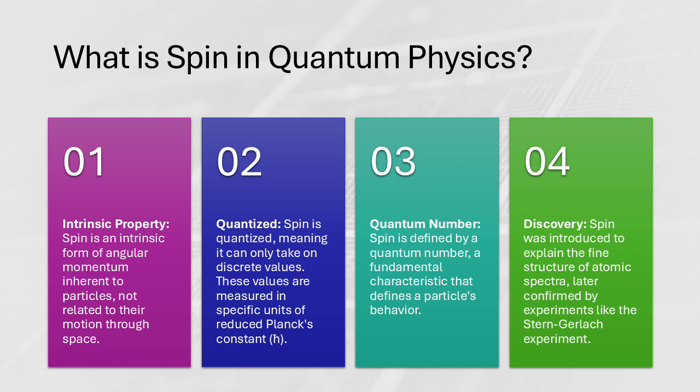Like in medicine, we already use spin in MRI to get those detailed pictures of the body. But imagine if we could actually target and control individual spins inside cells. We could use super precise magnetic fields or other methods to deliver drugs or therapies with incredible accuracy. It would be like doing surgery at the quantum level. It's amazing to think that studying this tiny property of spin could have such a big impact on healthcare.